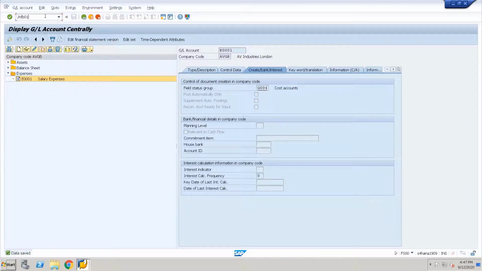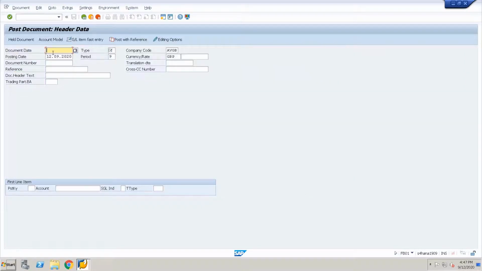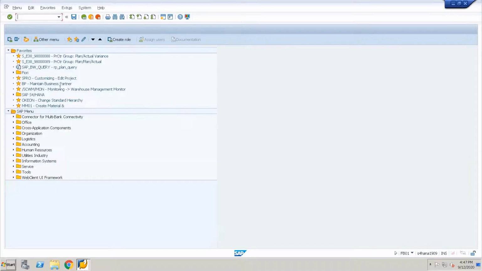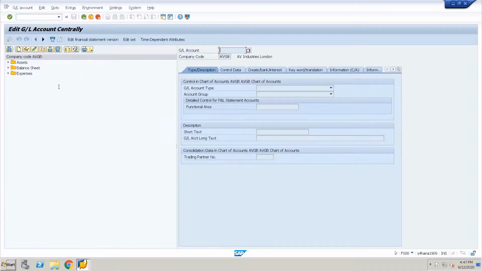Now let me go to FB01 and let us try to post a document. So let me debit the expense account. Let us also define a cost center.